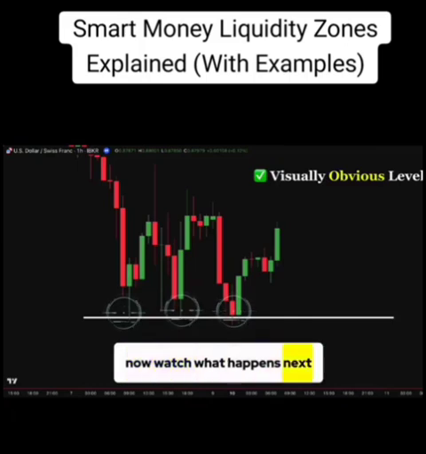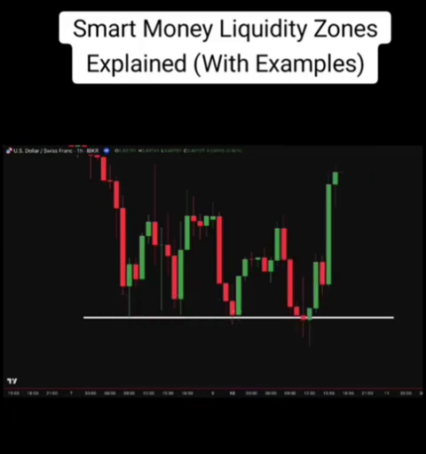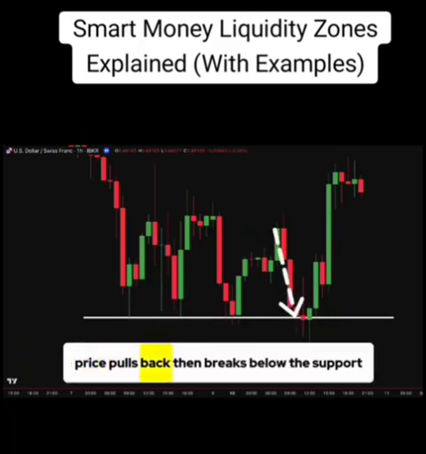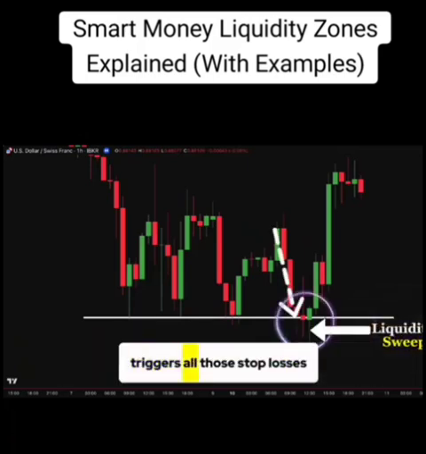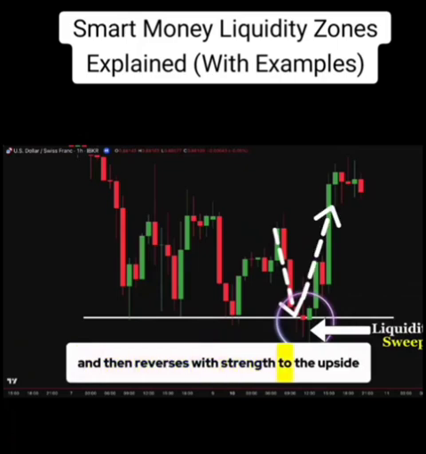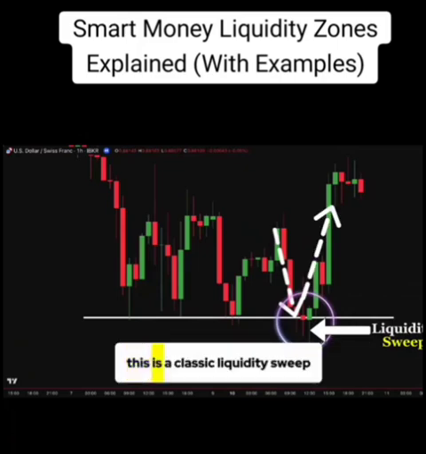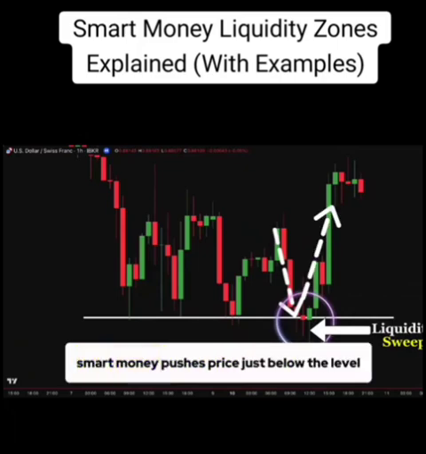Now, watch what happens next. Price pulls back, then breaks below the support, triggers all those stop losses, grabs the liquidity, and then reverses with strength to the upside. This is a classic liquidity sweep. Smart money pushes price just below the level to fill large orders, traps breakout sellers, and then drives price in